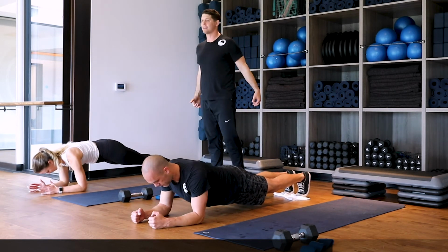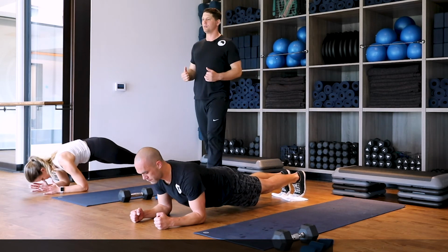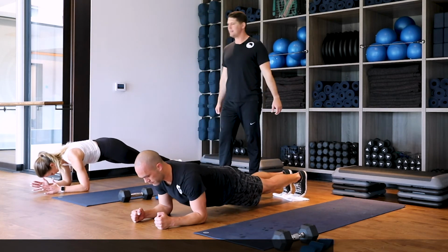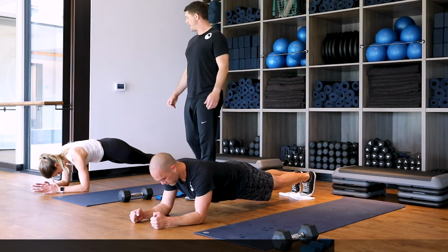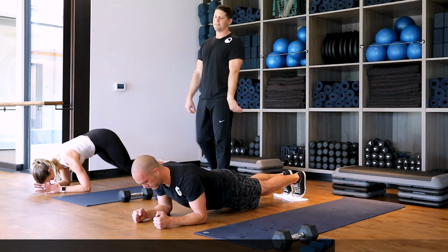1. Back, and in, that's 2. Back, and in, that's 3. Back, and in, that's 4. Back, and in, and 5. Excellent job, guys. So with those saws, again, you can use a towel on the kitchen